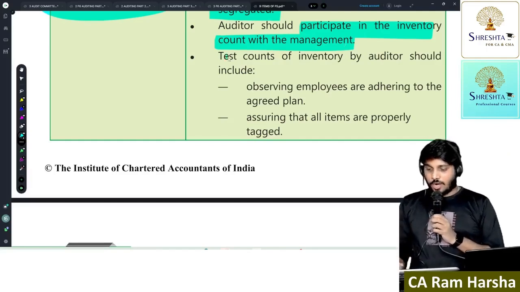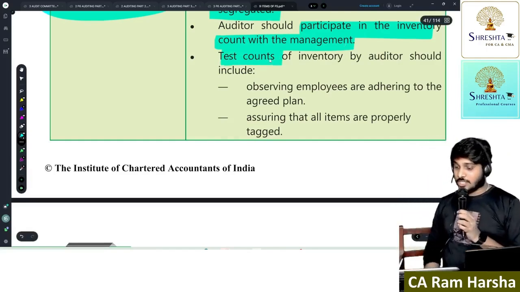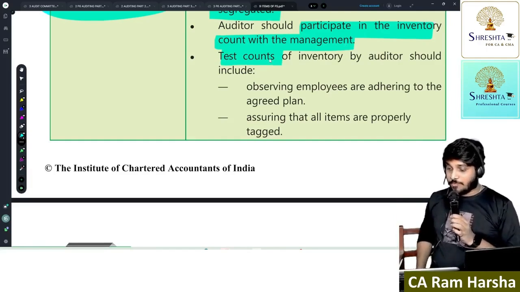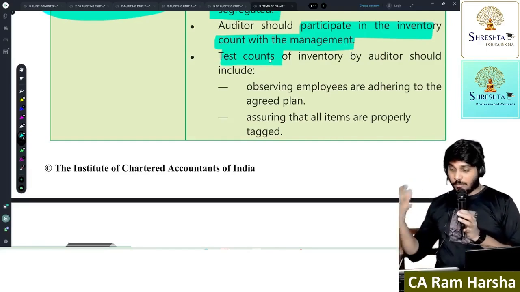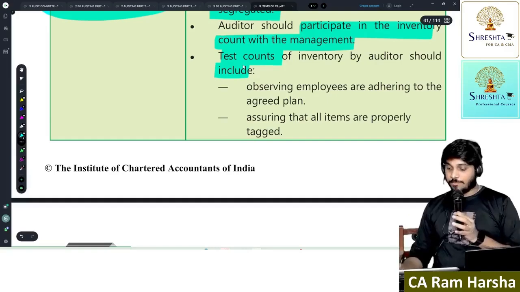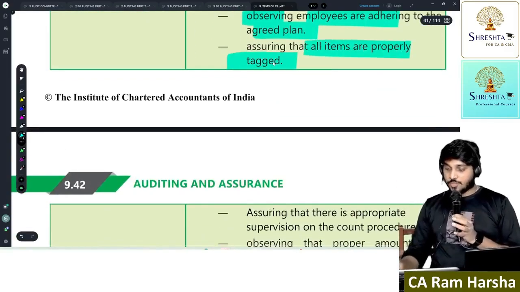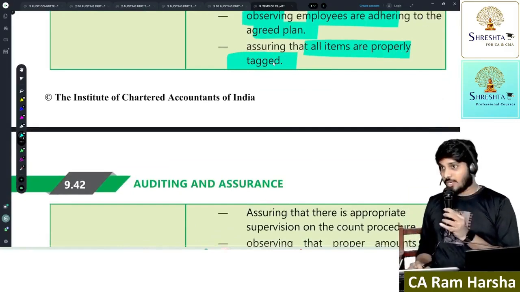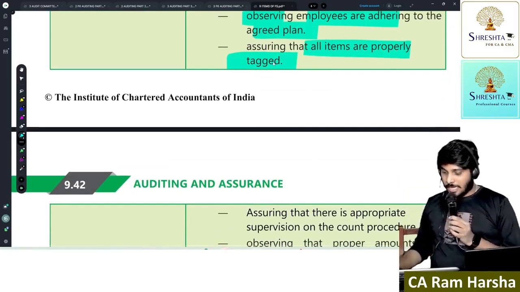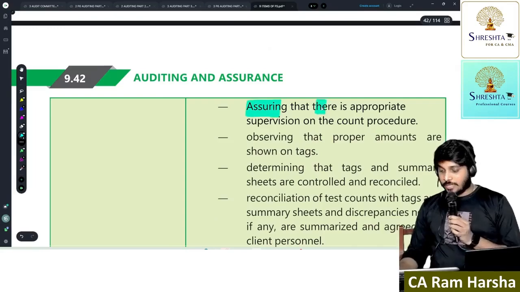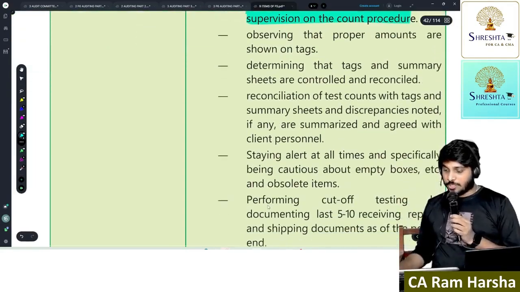Test count. If possible, the auditor has to do a test count. What will you do in this test counting of inventory by the auditor? Observe how employees are counting. Ensure that all items are tagged. Tags will be there, no? Assure that there is appropriate supervision on the count procedure.